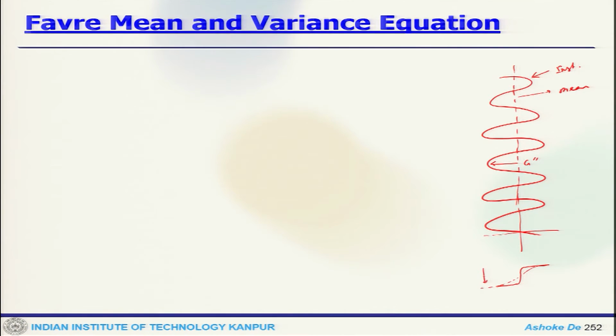So this is our average T profile, and this is the instantaneous T profile. Okay. So we can write the Favre-mean equation, which is rho bar